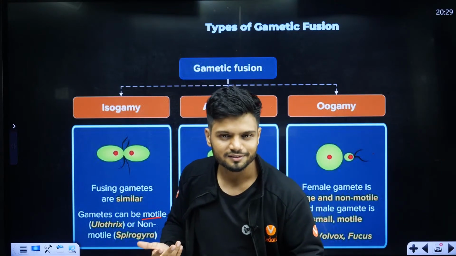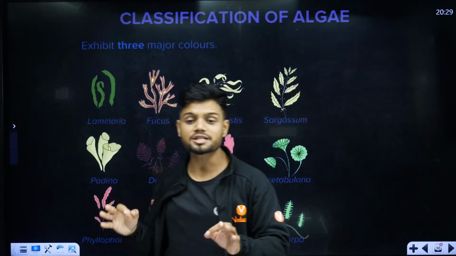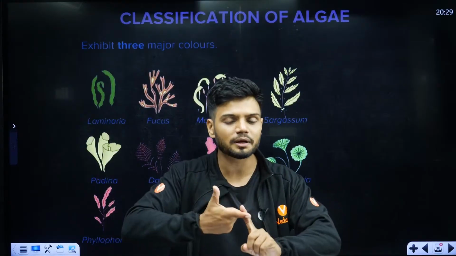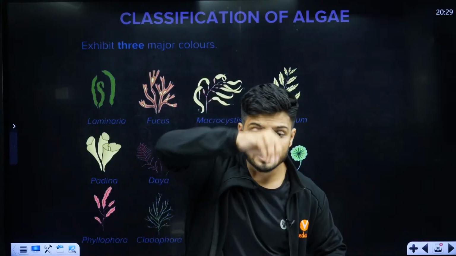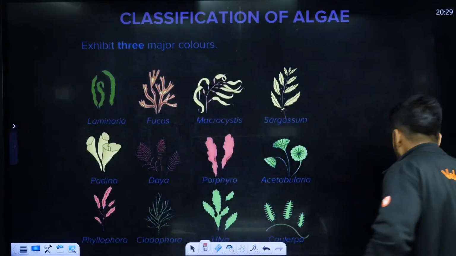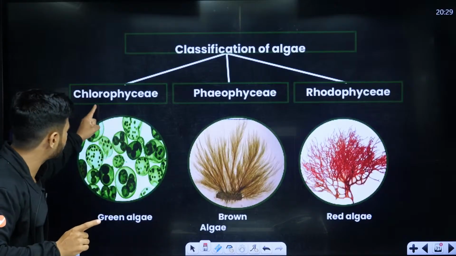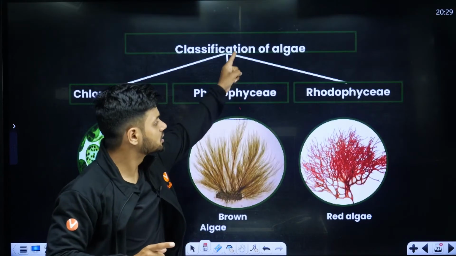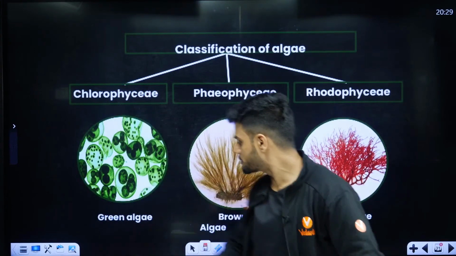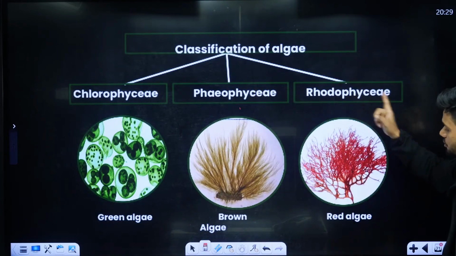Yes, there is. Students, you can classify algae based on the pigment present in the entire algae. It is red pigment, green pigment or brown pigment. So based on the pigment present in the algae, they can be classified. Students, we have three main classes of algae. One is called as chlorophyceae, second is called as phaeophyceae, third is called as rhodophyceae. Chlorophyceae algae are obviously green color, also called as green algae. Phaeophyceae is called as brown algae. Rhodophyceae is called as red algae.